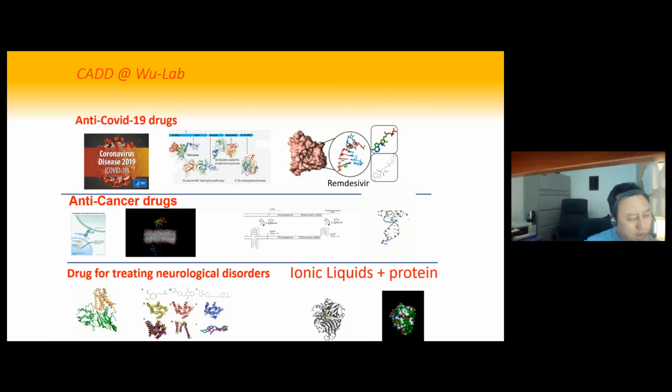Unfortunately, crystallography was not able to solve those individual conformations. But simulation can generate those active conformations for different types of ligand. So here I show you, we use the simulation to generate different conformations for different types of ligand. So now we got the active conformation.